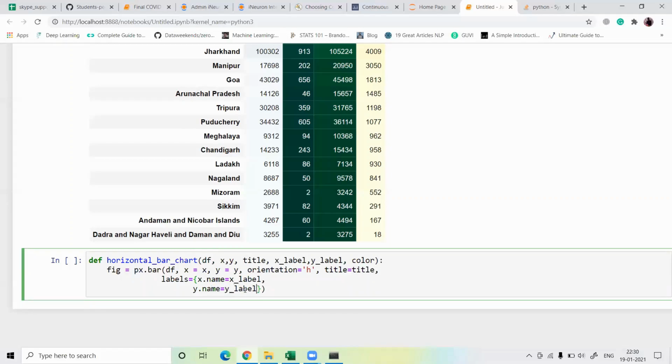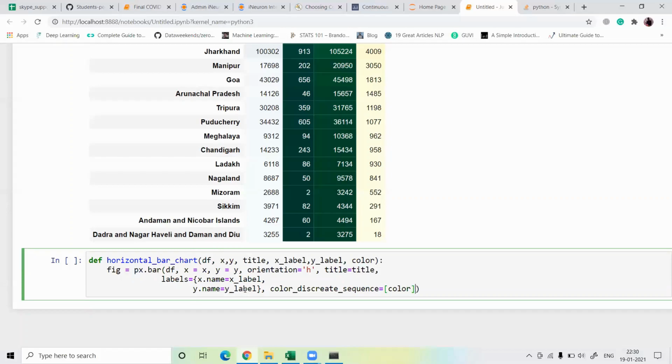Then color discrete sequence. Define the sequence in color.